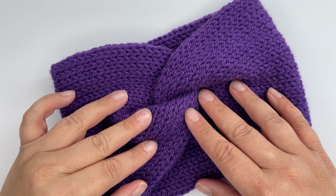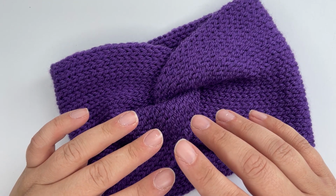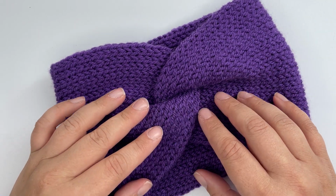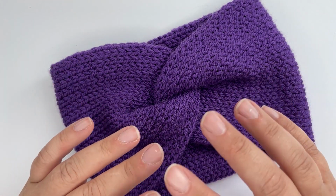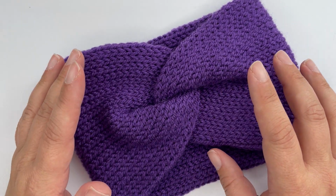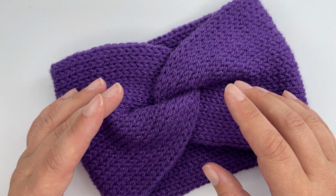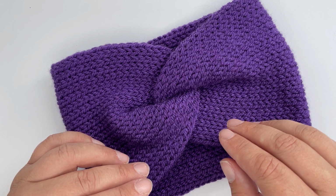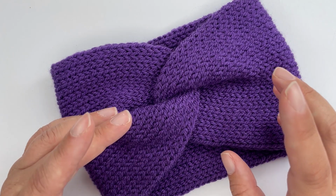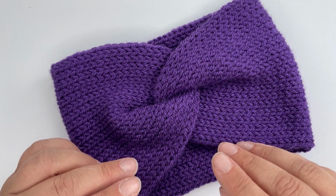Hi everyone, I'm popping on today with a hack that I've discovered for how to remove your waste yarn so quickly. It's a game changer for me. It means I can reuse my waste yarn because I really hate chucking yarn in the bin when I'm done with a project because it feels like such a waste, when really the waste yarn can be used over and over again. And I've discovered a method that allows you to remove the cast on edge just as quickly as the cast off edge, which for me has been a total game changer, and I want to show you how